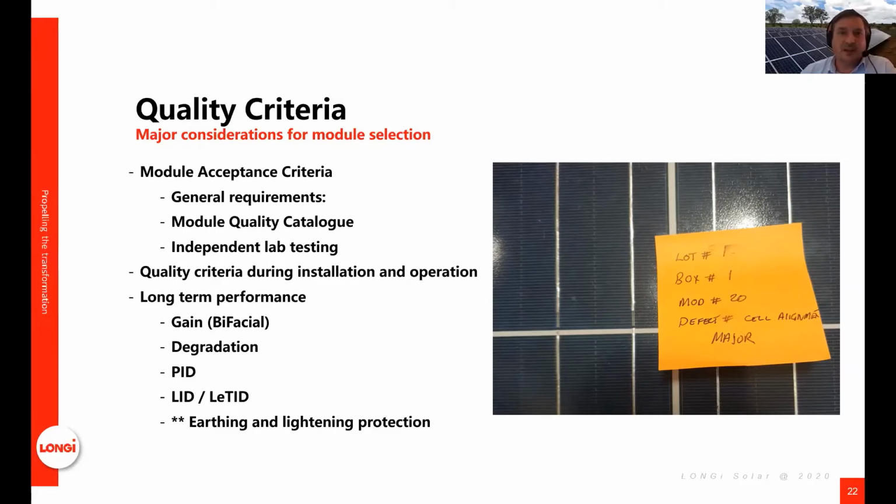We talk about independent lab testing. Why these two aspects, the catalog and the independent lab testing, are so important is that quite often what the module manufacturer does is they will qualify what they call a CDF, which is not necessarily the bill of materials that you would use in your own production. So although a CDF is qualified, it's very important to specify bill of material, and then use independent labs to certify the production. And then also, with some of the long-term degradation or performance issues, very important to